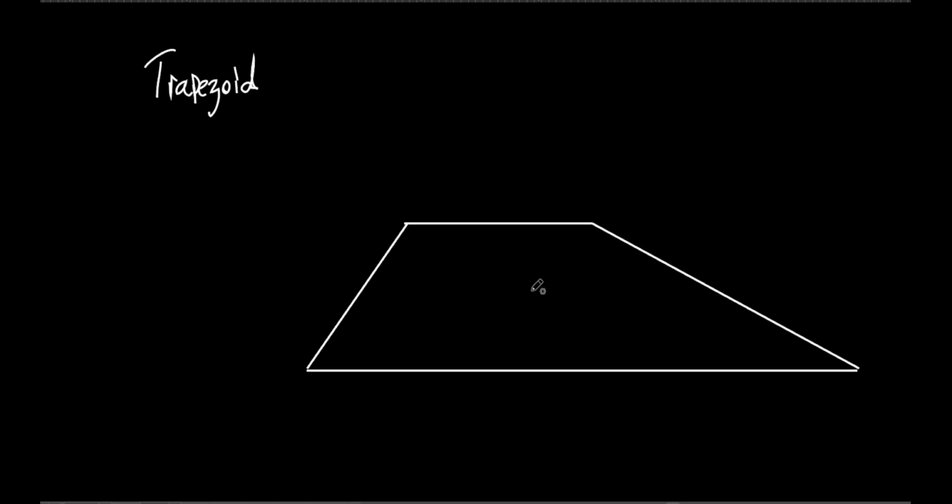First of all, is it a parallelogram? Looks like these two sides are parallel, doesn't it? But what about the other two opposite sides? Definitely not parallel. So it's not a parallelogram. But you do have one pair of opposite sides parallel to each other. And that's basically what the definition of a trapezoid is. It's a quadrilateral, so it's a four-sided figure. Obviously, we knew that. A quadrilateral with exactly,